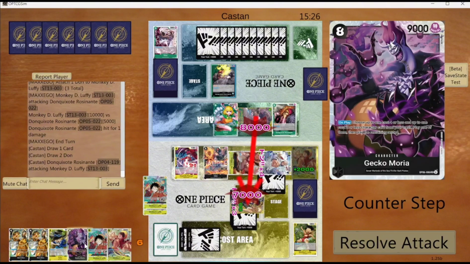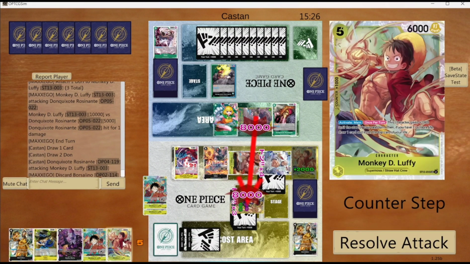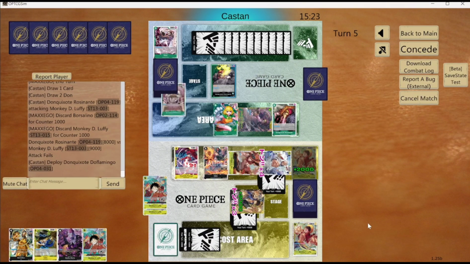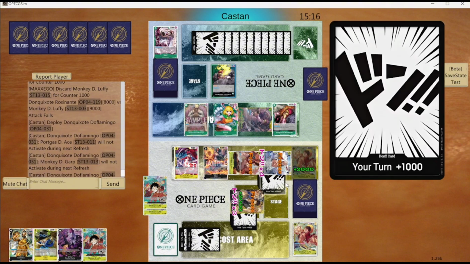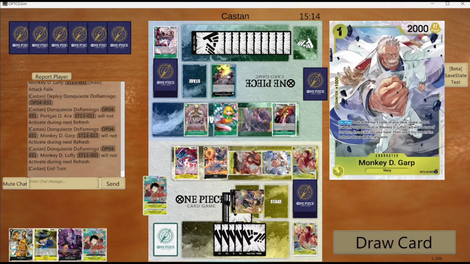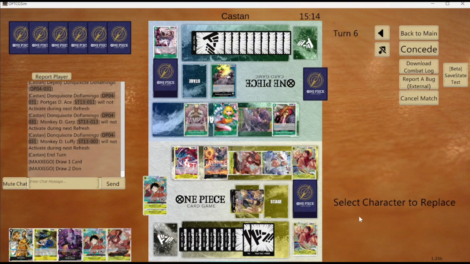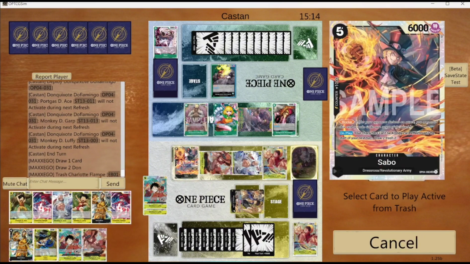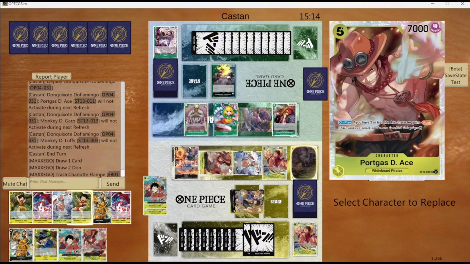So he's gonna swing 8 there, which is fine. We can trash this and this. We kind of want to protect. So he's gonna 10 drop my Luffy and then do nothing on this turn, which is fine because, like I said before, I'll just replace those. So what I'll do is I'll 10 drop the Gecko Moria here and then replace, because yeah, I'll replace this,